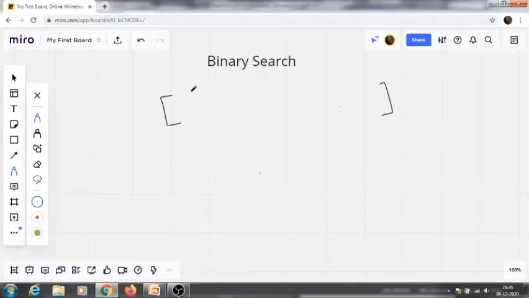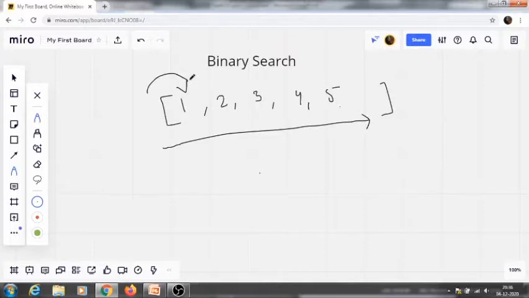Why don't we just use linear search or any other search? If you want to search for any element, what do we do? We traverse from the start and reach the end, searching each element: 1, 2, 3, 4 and 5. We have 5 elements and need to search for 3. We check whether 3 is here. No. We jump to the next. Is it there? No. We go to the next. Yes, it is there, so we found it.